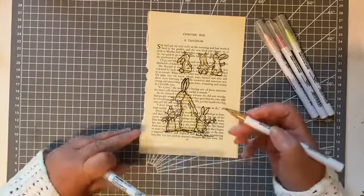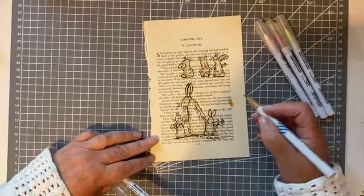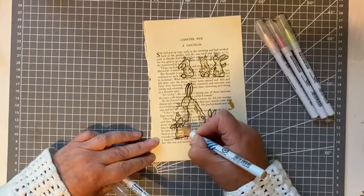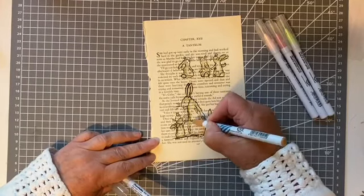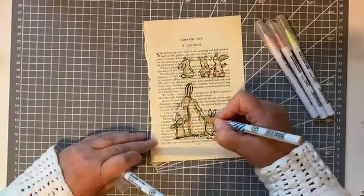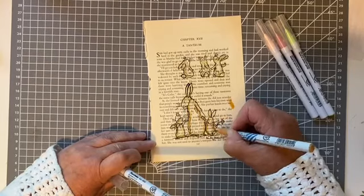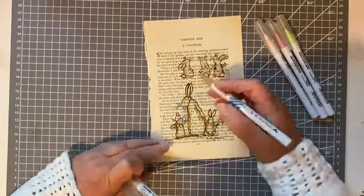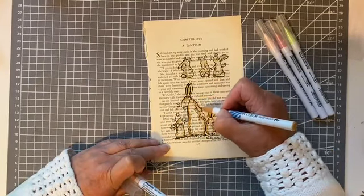There we are. This is beige, so it's slightly darker. I always do a little bit on the side just to make sure. And all we're doing is using the very tip of the pen, which is a little brush actually, and just going easily and quickly round the edges, and then round the edge up here, down his arm,